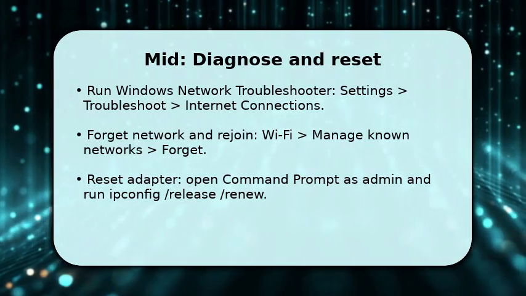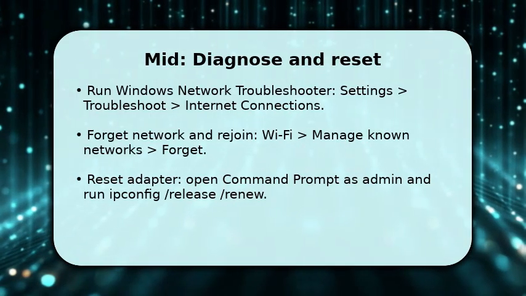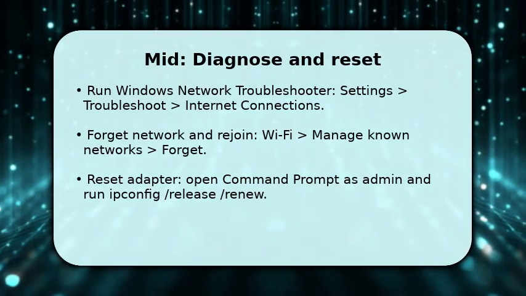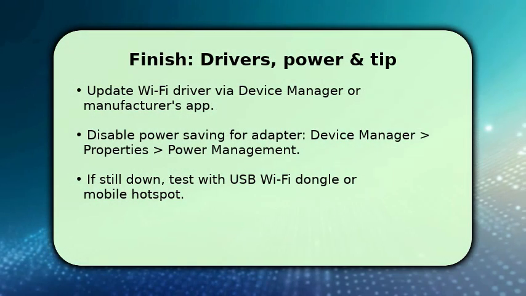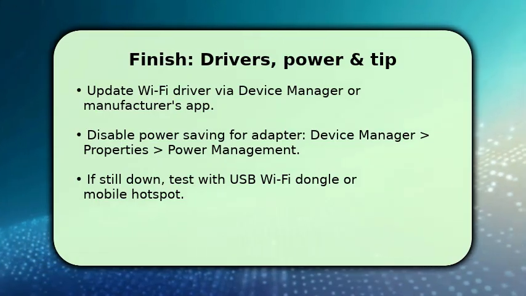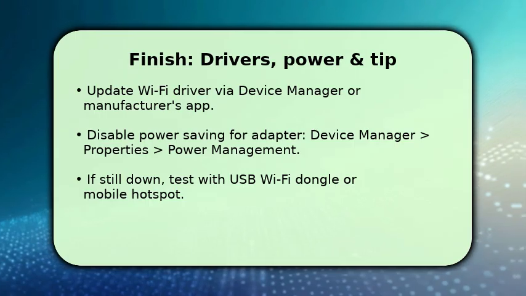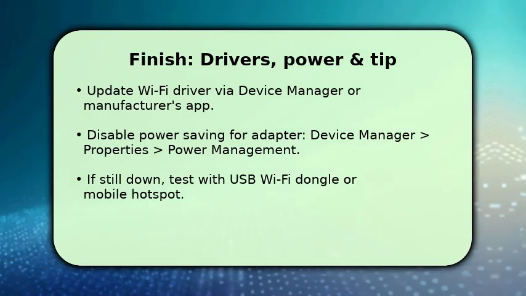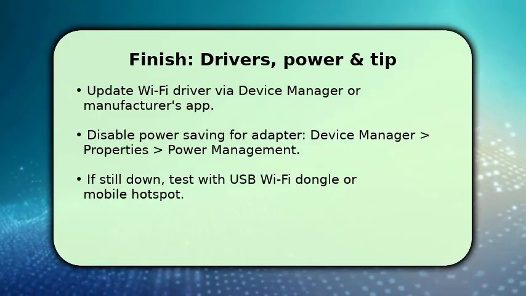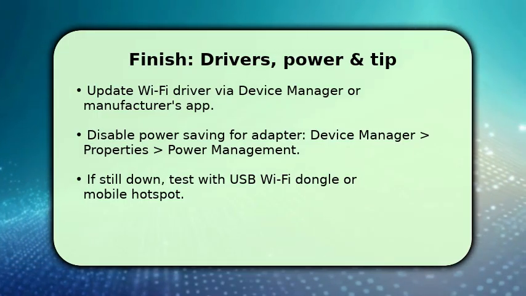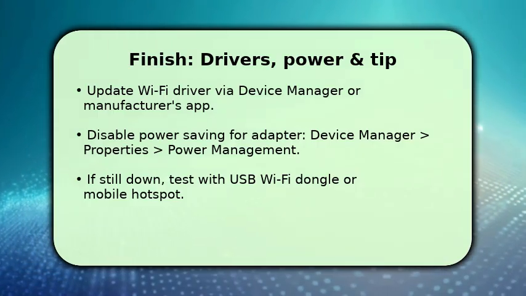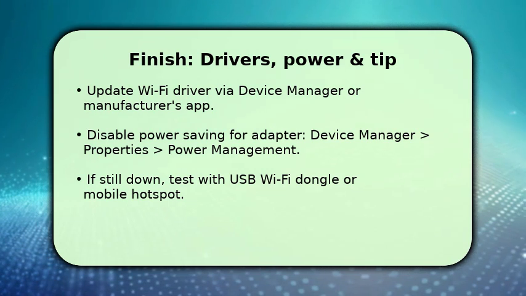Finish by checking drivers and power settings. Open Device Manager and update the Wi-Fi adapter driver because outdated drivers cause instability. If automatic update fails, download the vendor driver. Make sure power management won't suspend the adapter. Uncheck Allow the computer to turn off this device. Once done, restart Windows and test the connection. If problems persist, try a USB Wi-Fi dongle or your phone's hotspot to isolate hardware versus